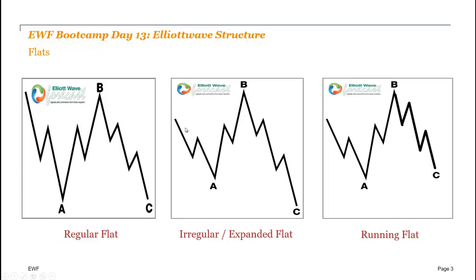Another one here is the flat. A flat is also a corrective structure, a 3 waves, 1, 2, 3, labeled as ABC. So the label is the same as the zigzag, but it is not the zigzag. You can think of a flat as a sideways correction, and the difference between a flat and a zigzag is really on the internal side. I mean, the internal subdivision here you can see is a 3, 3, 5, unlike zigzag which is a 5, 3,